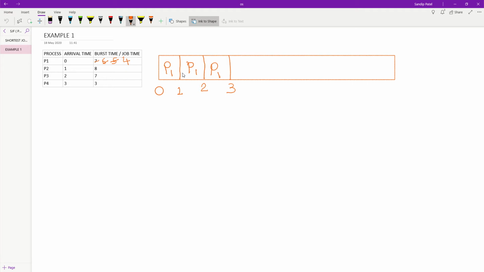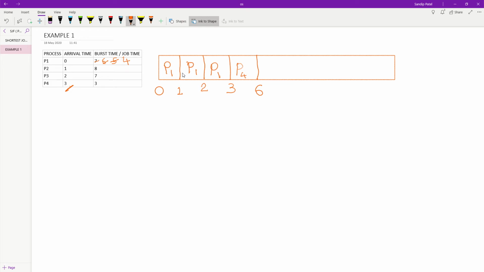So we swap out P1 and enter P4. P4 has the least burst time, so we will execute P4. How many burst cycles are required by P4? That's 3. 3 plus 3, 6. Now why are we directly writing 6? Because after 3 millisecond, you can see no other processes are coming at 4, 5, 6.